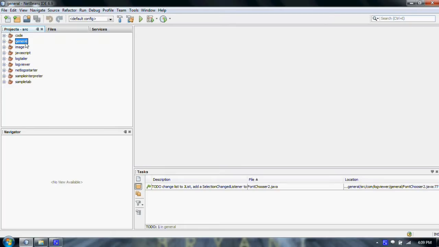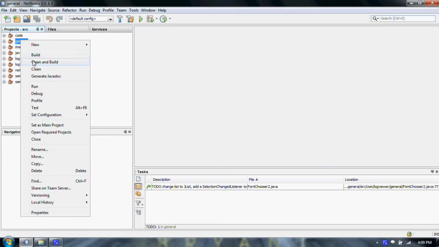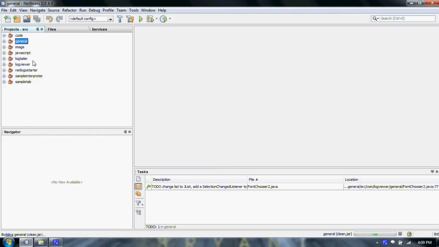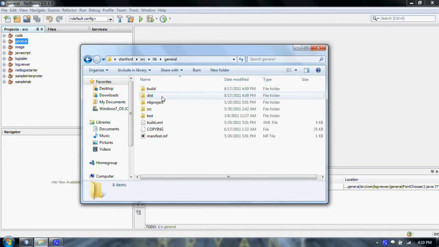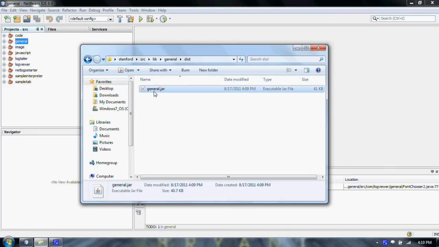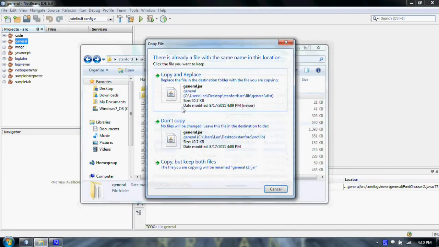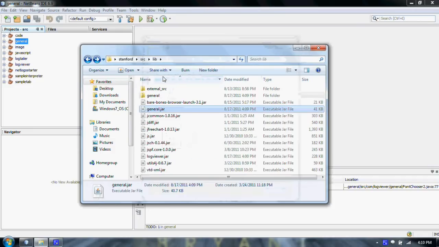Okay, and now to compile. General, because it's used in all the projects, needs to be compiled first. Always use clean and build when compiling so that you get the jar file to be created. Okay, we've compiled the general file. Now we have to put the general jar file into the lib folder so that everyone can access it. The general project is located inside lib. Go to the dist folder, you copy general.jar, you paste it. There's an existing one already, just replace it with the newer version